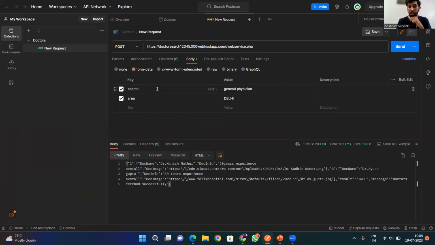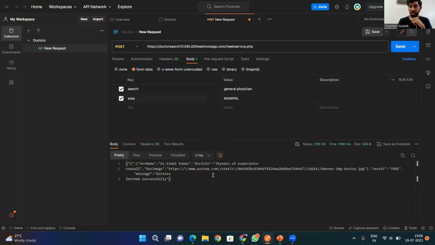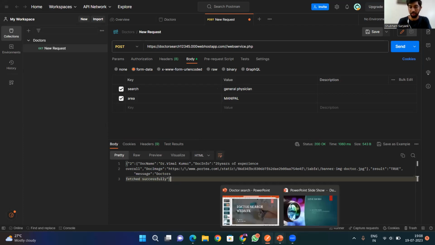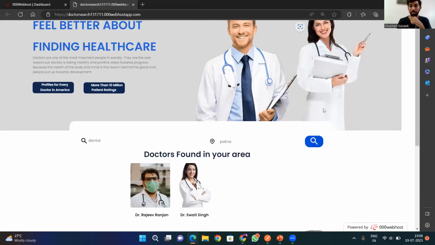There are two key parameters, search and area, and their values. If I set the value as general physician and I want to search in Manipal, I just have to type ME and send the query, and it gives me the result as follows. So this is just a glimpse of my software.